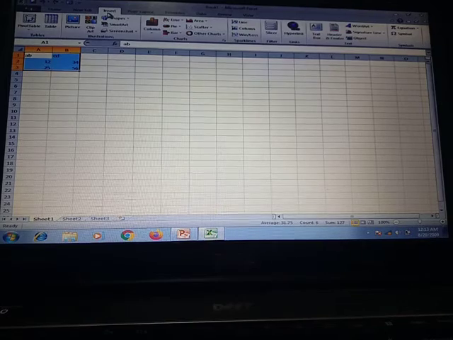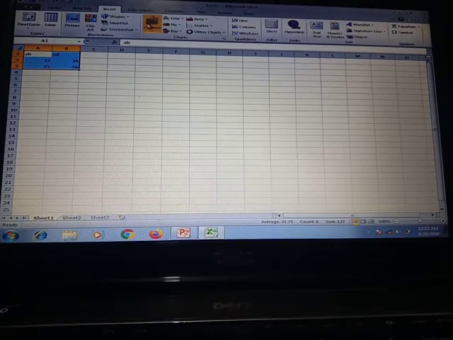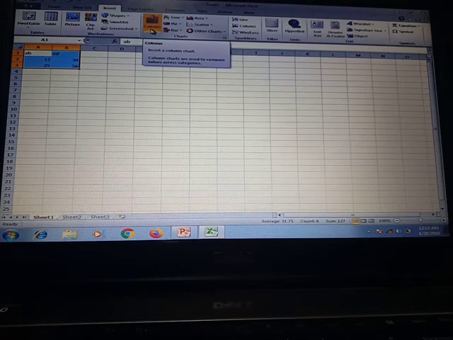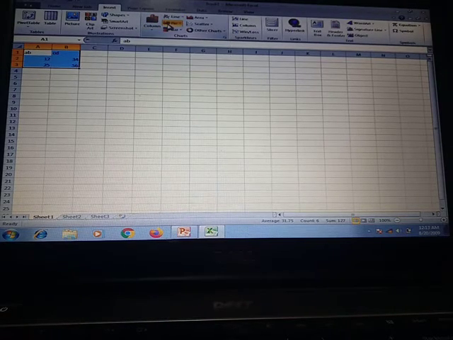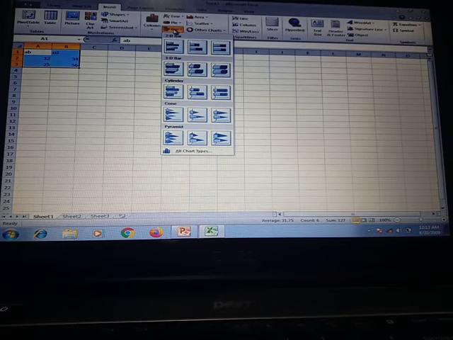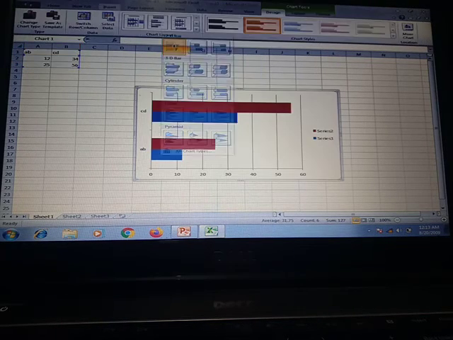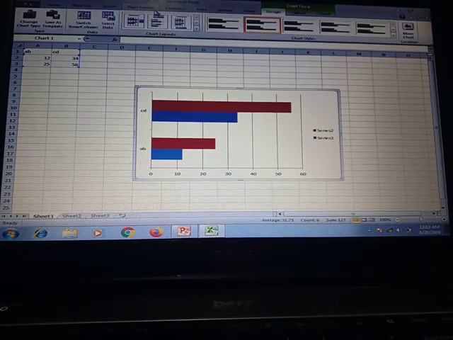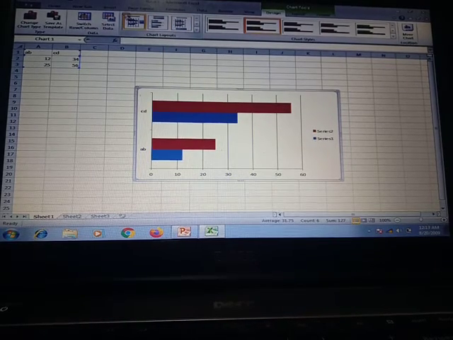Insert. See, here are the charts which I showed in the last video: column chart, line chart, pie chart, bar chart. See, this is the bar chart. We can make the bar chart.